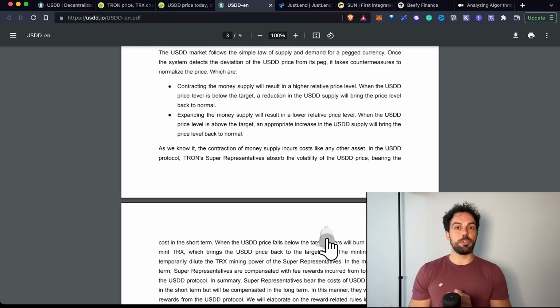Tomorrow we will talk about USN, another algorithmic stablecoin on NEAR. As you will see, the mechanism is slightly different, but even in that case, there are a couple of risks that we should take into account in order to understand how it works.